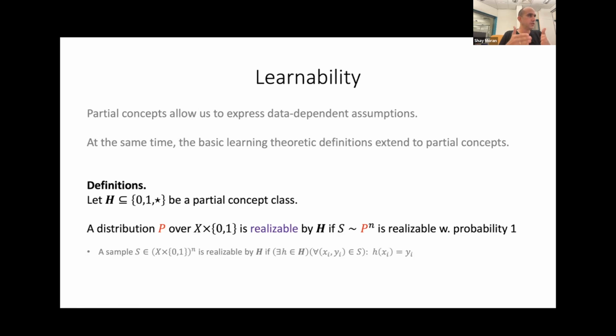So it is in the support of some partial concept and it is labeled accordingly. Is this clear? Yeah, but different functions in the class will have different support. Of course, right? So even in the case of margin, if you look at the class of all half spaces with margin gamma, each of them will be specified by some hyperplane and will be undefined within gamma distance from this hyperplane and will be defined according to the side on other points.